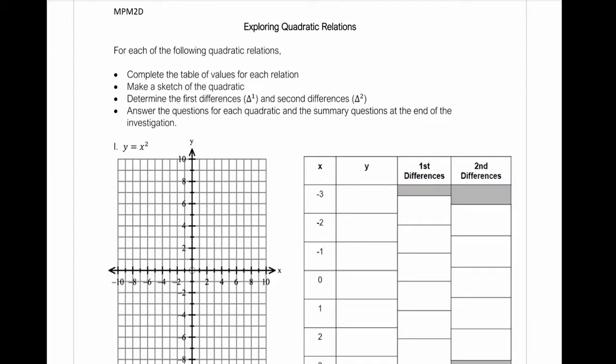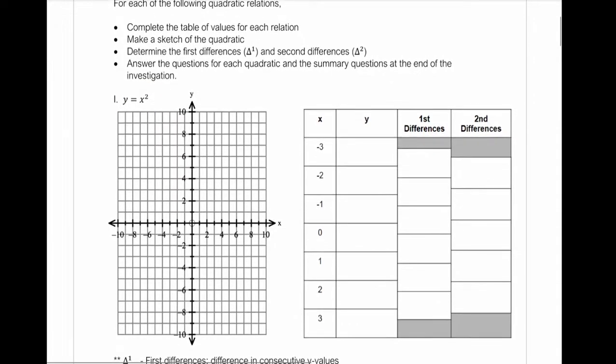So here we're given an equation for our quadratic, y equals x squared. We want to fill in our table of values for this. Using these given x values, we plug each x value into the equation. I know y equals x squared is my equation, so instead of x, I'm going to put -3,